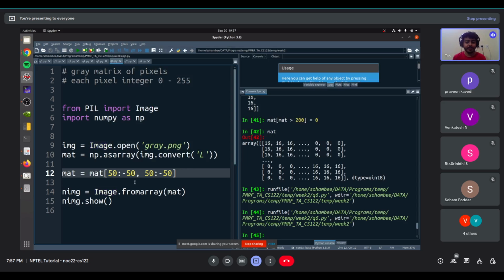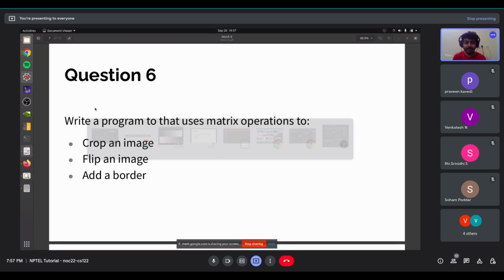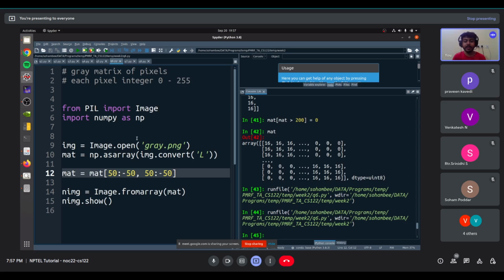If you want to flip the image, suppose you want to flip it left to right or right to left, that also we can do. Let's just remove the cropping. To flip, you can do something like this. This is similar to what you would do in a normal Python list. To reverse a normal Python list, this is what we would do: start from the end, go till the beginning in steps of -1. So this means you reverse the list, right? So if you show this,